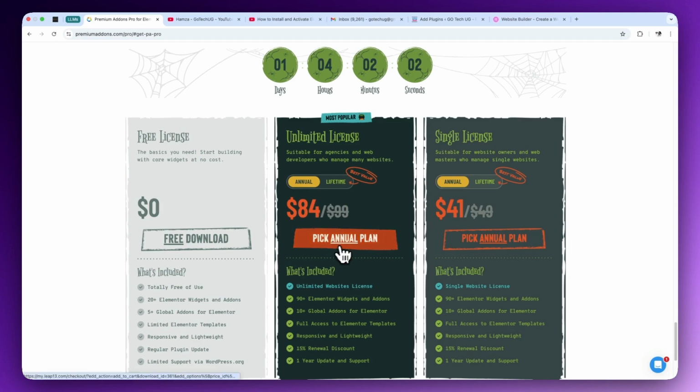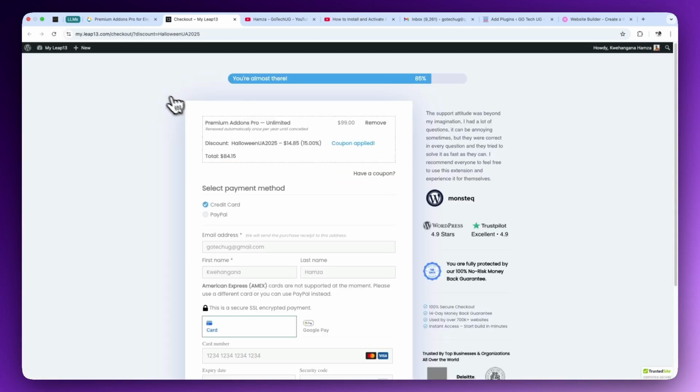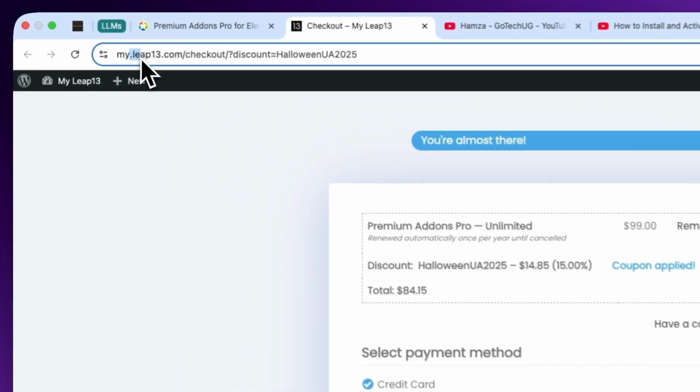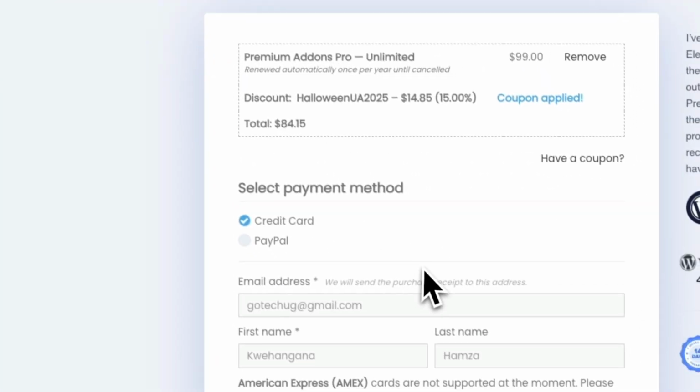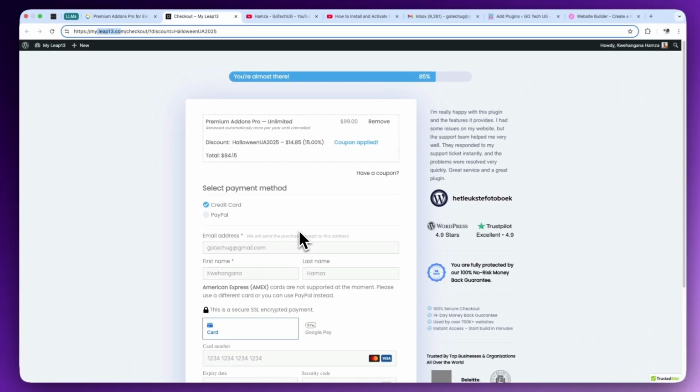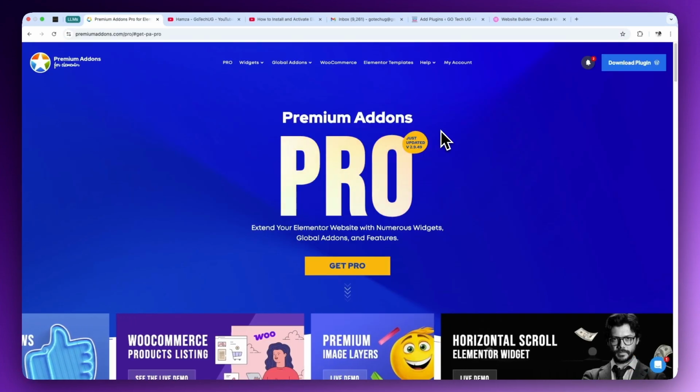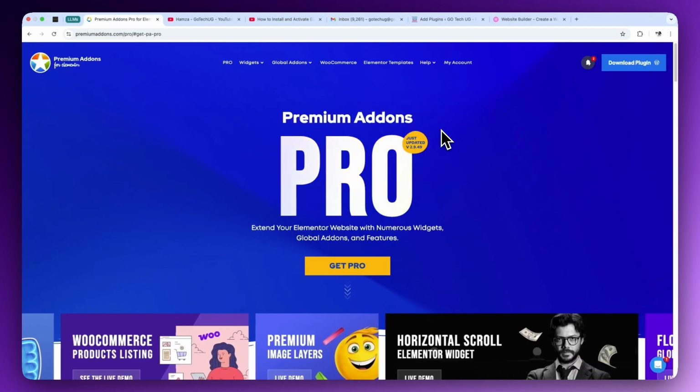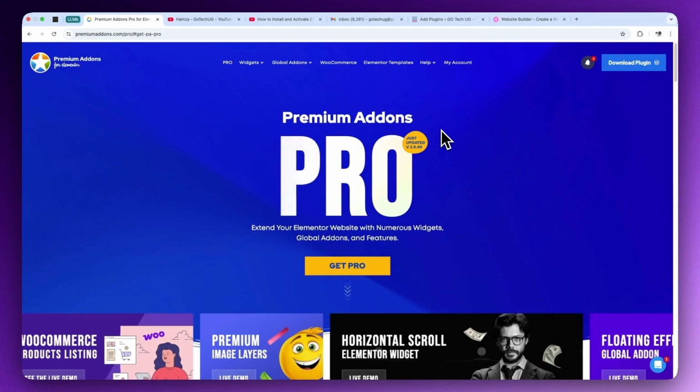So when you select your plan, let me say I pick this plan, it will take you to a checkout page, which will look like this. And this checkout page is from this URL, lip13.com, and that is where you're going to sign up to purchase your license. So for me, who has a license already for the premium add-ons for Elementor, in this case, I